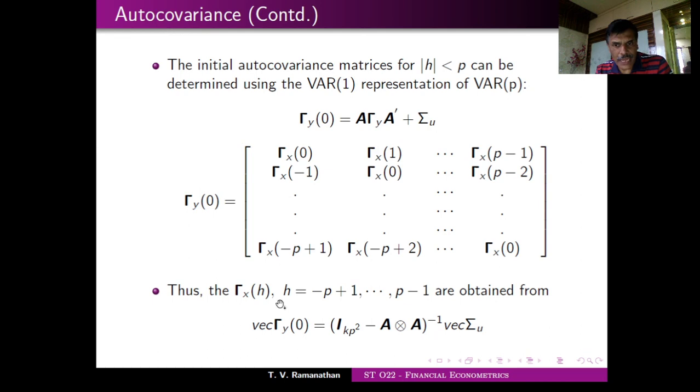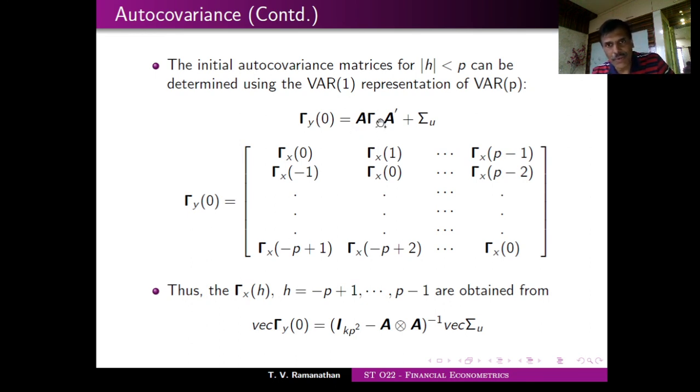So this can be obtained from the equation. So how will you obtain that? That's a good question, because it's not very easy to obtain this. So what we need to do is that this equation can be used in a vector notation form. So I am trying to bring gamma y0 here, and oh, there's a gamma y0 here. So yeah, I did not write that. So it can be obtained in that manner.